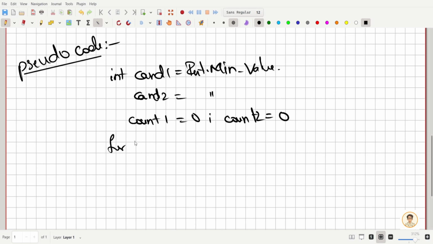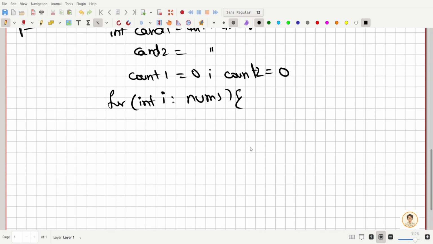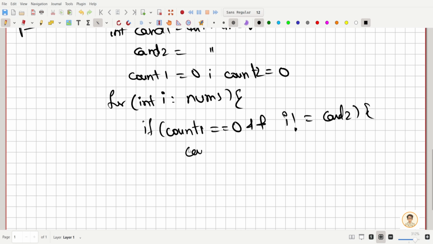Now for int i in nums, if count 1 is 0 and this i is not equal to candidate 2, then count 1 will be 1 and candidate 1 will be